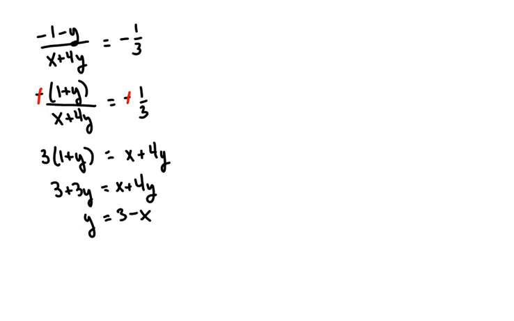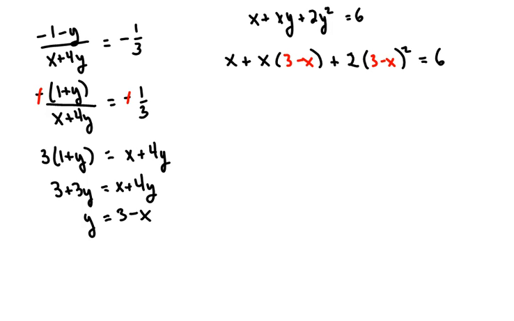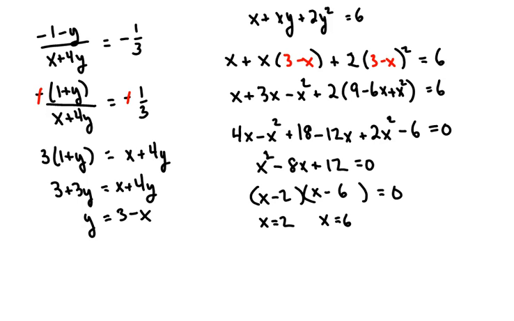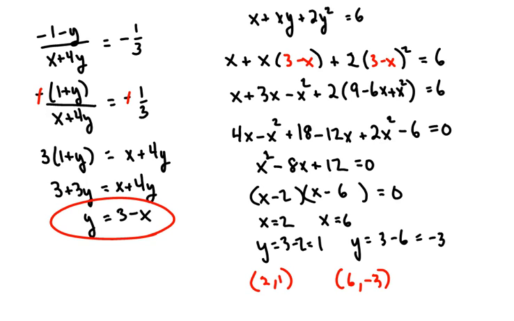So I need the original function. Recall the original expression is x plus xy plus 2y squared equals 6. In place of y, we substitute 3 minus x. We combine some like terms, multiply things out, and continue that process. Eventually we come down to x squared minus 8x plus 12, and that gives us the two values x equals 2, x equals 6. We only need to go back to this equation y equals 3 minus x, and that gives us the two points (2, 1) and (6, negative 3). You can test those back in the